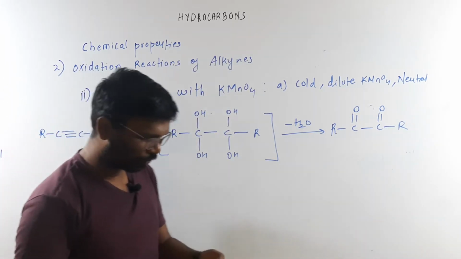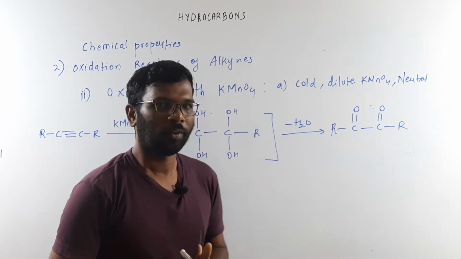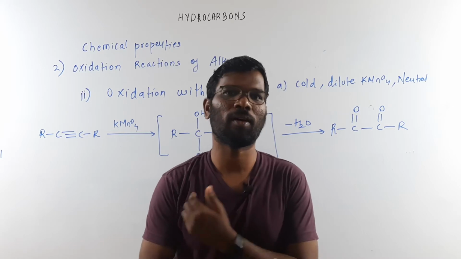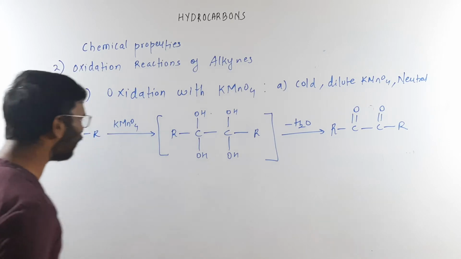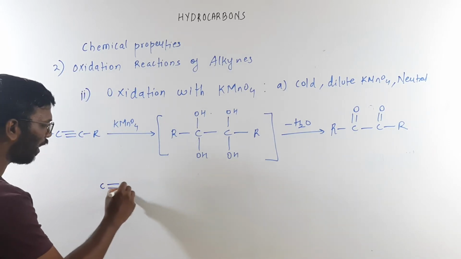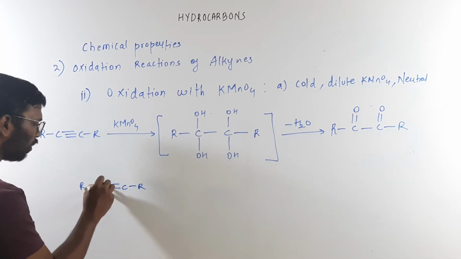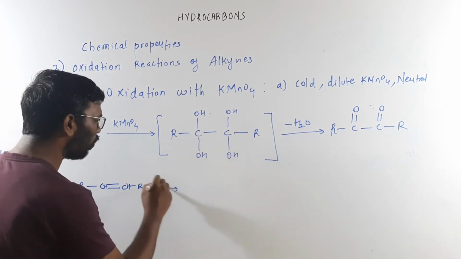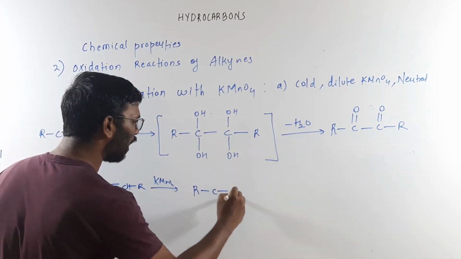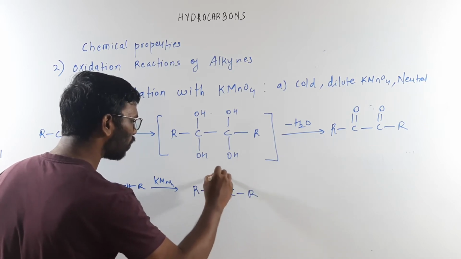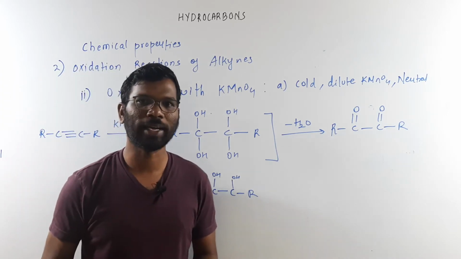Now, if we compare this reaction, up to the first step, with the oxidation of the alkene using KMnO4, it was a similar reaction. There was a carbon and a carbon, with CH and CH. In the presence of KMnO4, in the case of alkene, we were getting diols, right? So one of the double bond is replaced with OH. It is an addition reaction.